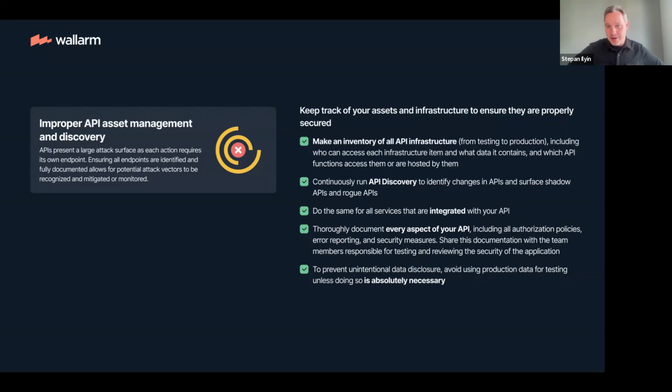Try to the best you can, with your engineering team, to make an inventory of all the API infrastructure. By doing so, you will ask hard questions to the people. How many APIs do we have? How do we know that we have those APIs? How did we learn that those APIs even exist? So you will drill down, and you will start thinking about the tooling and the processes that you need